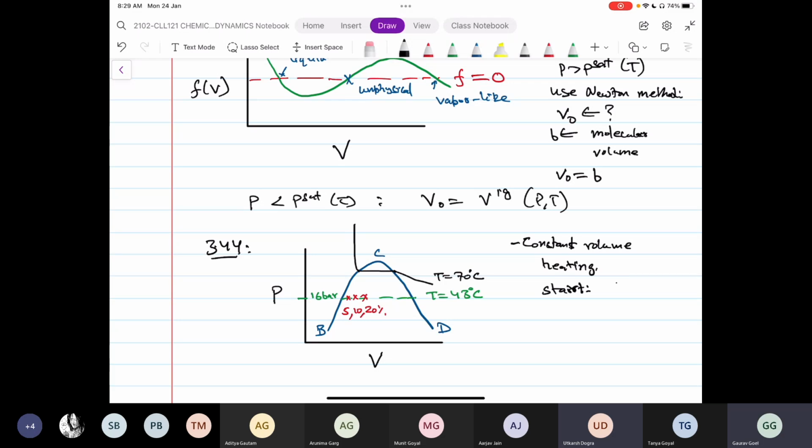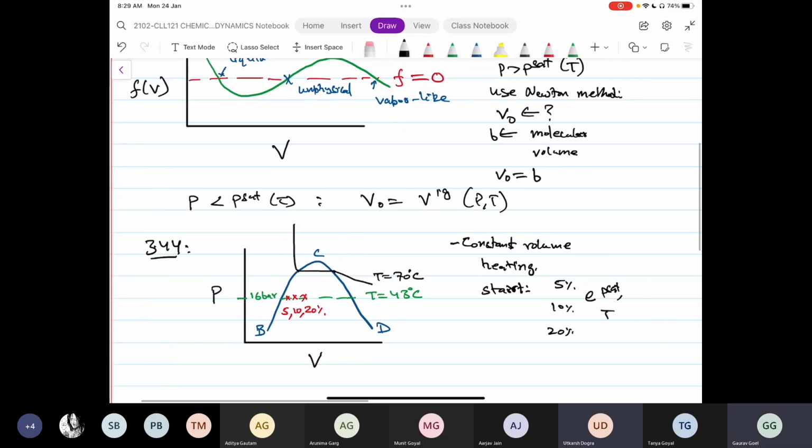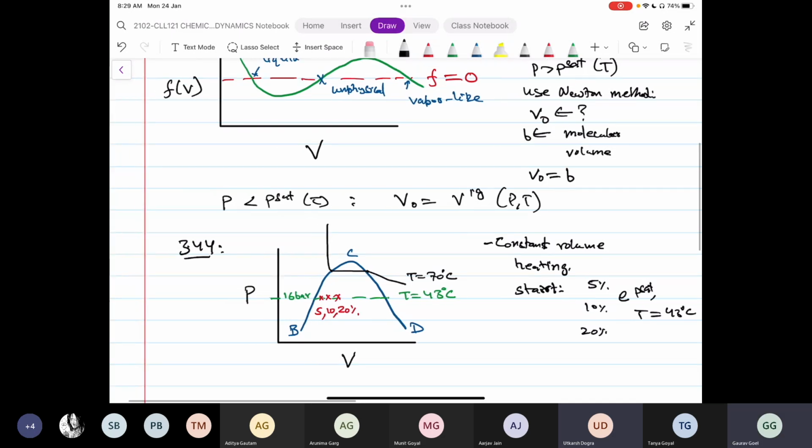The starting point is either 5%, 10%, or 20% vapor, at coexistence conditions corresponding to 43 degrees Celsius. So that is the data given to us. All right. And now what we are interested in knowing is, if the final temperature is 70 degrees Celsius,